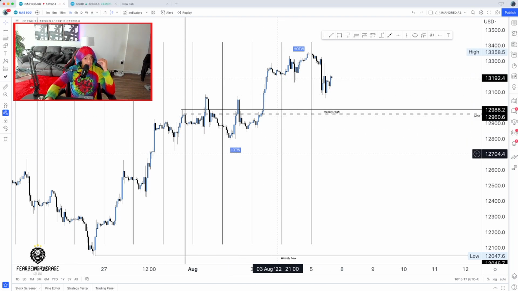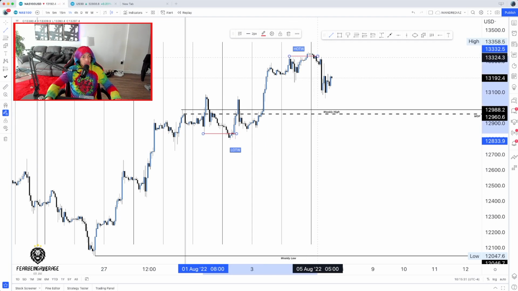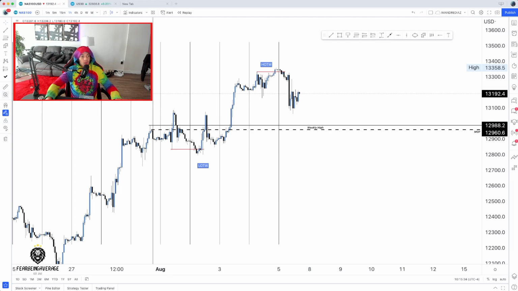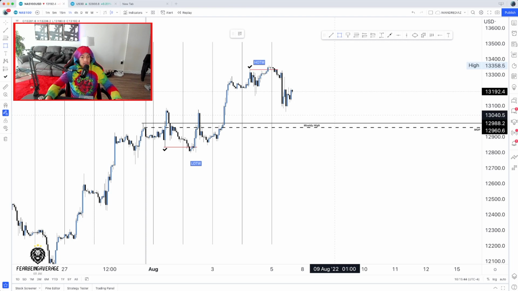Yeah, we good. Low of the week on Tuesday after price ended up running below Monday's lows. So we created the low of the week after having a false break of Monday's lows. And we ended up making the high of the week after having a little false break right here. This is something that you guys want to learn from, because a lot of the time when you have false breaks of daily and weekly and just higher time frame highs and lows, they tend to lead into reversals. And that's why, like I said maybe 5 minutes ago, I like to look for reversals after we clear a previous day's high or low, because a lot of times they can lead to very good trades.